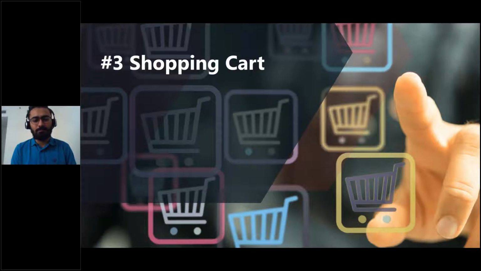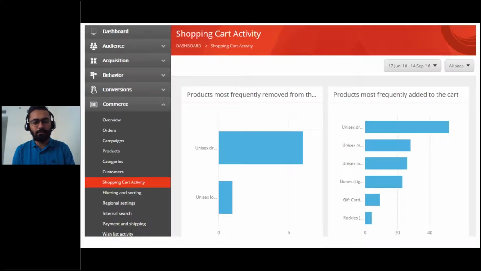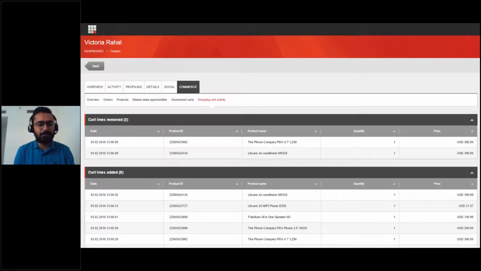Now, once a user lands on your site, if he doesn't find anything on the landing page, he searches, he finds the correct product which he wanted, then probably he will perform a few operations on your cart. He will add to cart, probably will leave or remove, and then update. So as marketers, you get these shopping cart activity reports where you get products added to cart, removed, and updated on cart. And you also get reports in experience profile where you see what a specific contact is doing with the shopping cart activity.